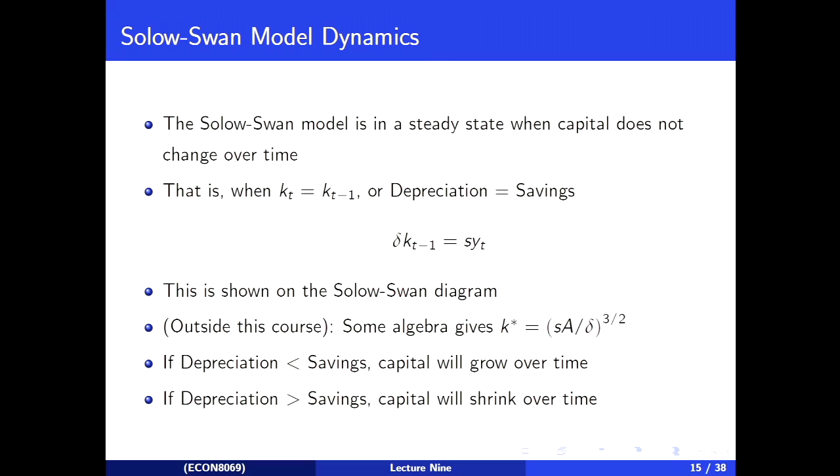If for some reason we get a little bit of injection of extra capital, well, I say nice, it's nice and bad. If we get an injection of extra capital, then the Solow-Swan dynamics say that capital stock is going to fall back down to the steady state. If for some reason some capital is destroyed, then we're going to see capital stock rising back up to that steady state level.